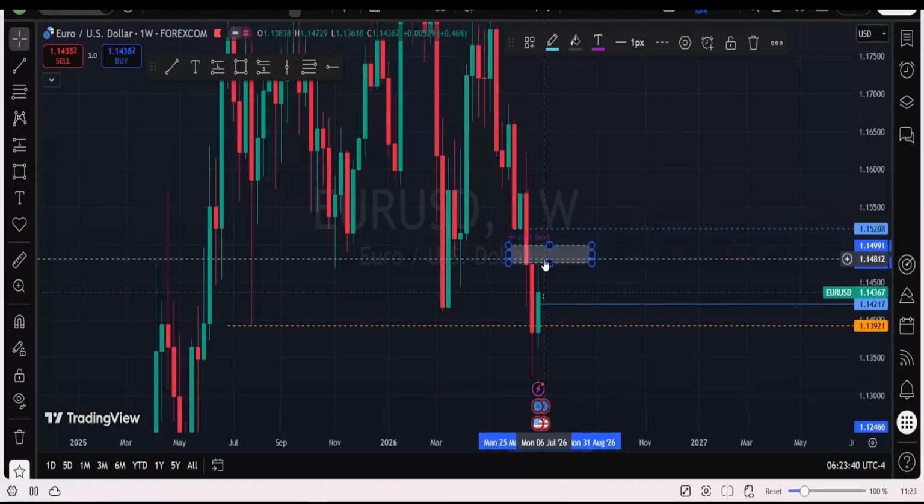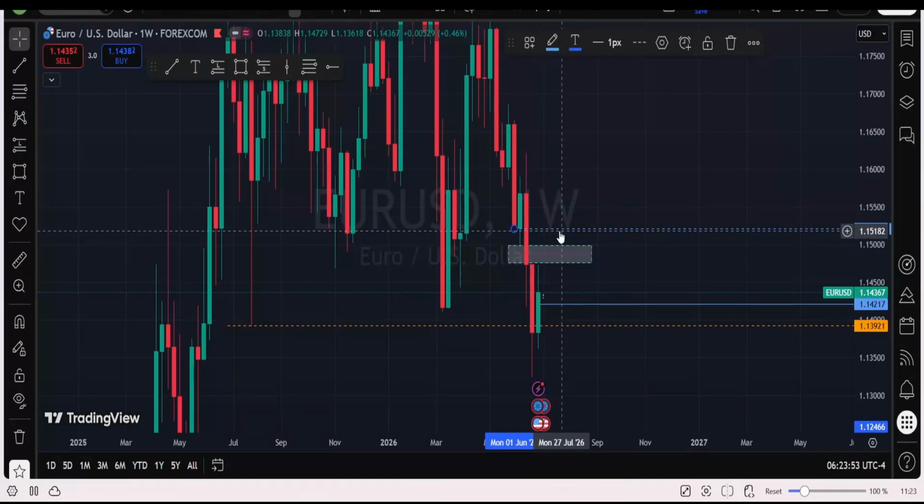When price gets to this level, we will start looking for a reason to take the market a little bit down. But if price surpasses this level, the next point of our story remains here. The story continues.